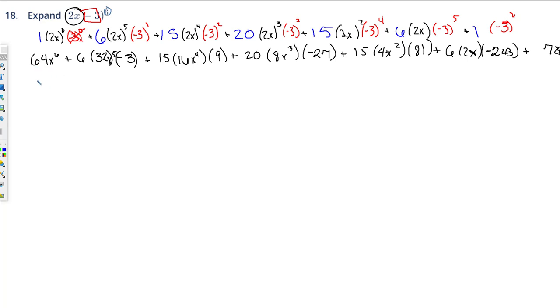Now we're going to go ahead and multiply things out. 6x to the 6th. 6 times 32 times negative 3 will be negative 576 x to the 5th. Plus a negative is